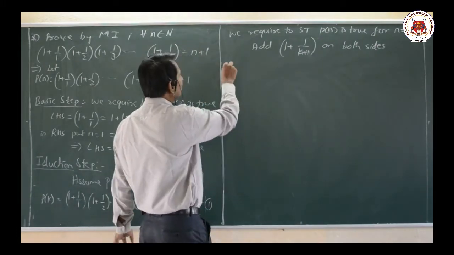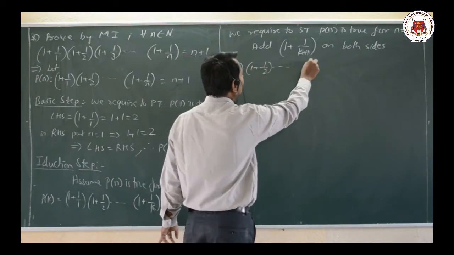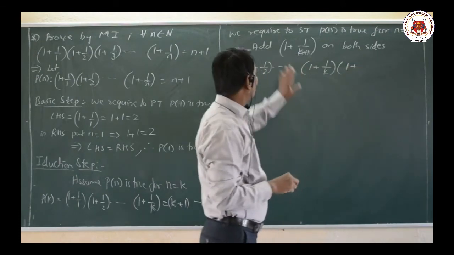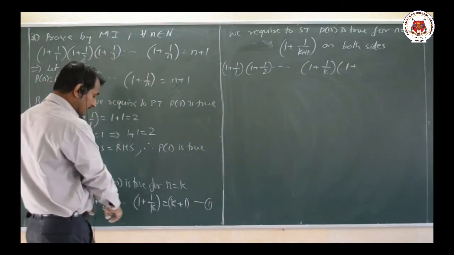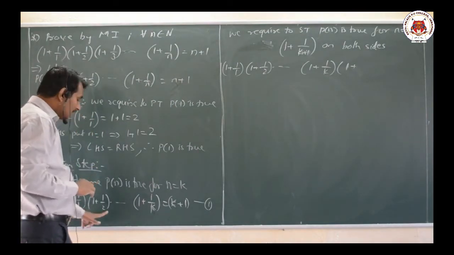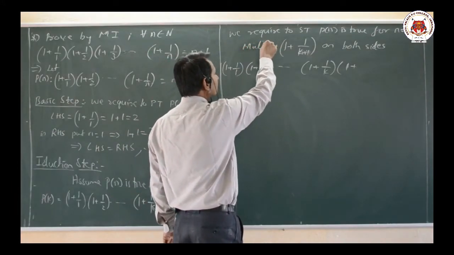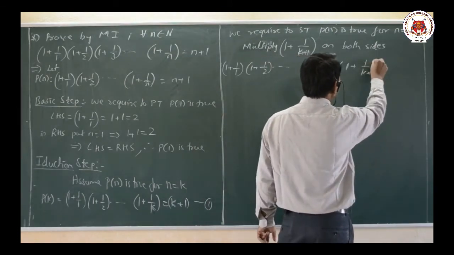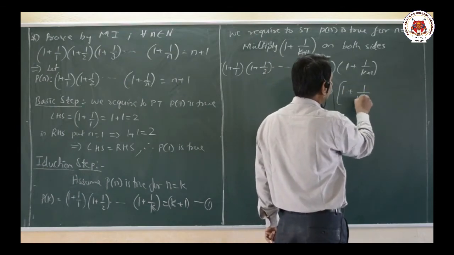Therefore what we get here, I will rewrite: 1 plus 1 by 1, 1 plus 1 by 2, and so on till 1 plus 1 by k into... it is not add, it is multiply. Why, dear students, is it multiply? Because pay attention, all the terms are multiplied. Till now in all the problems we had seen only addition, but here we have multiplication. So therefore multiply here. That is very, very important to understand. Multiply 1 plus 1 divided by k plus 1 on both sides. k plus 1 which is equal to k plus 1 into 1 plus 1 divided by k plus 1.